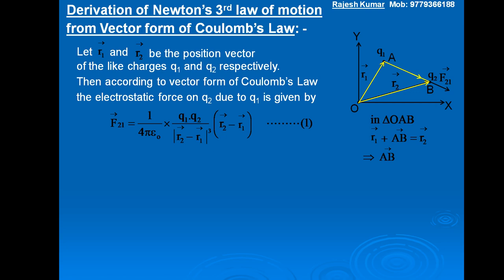This implies AB vector is equal to R2 vector minus R1 vector, or R2 vector minus R1 vector is equal to AB vector. That is, force is acting along from A to B,